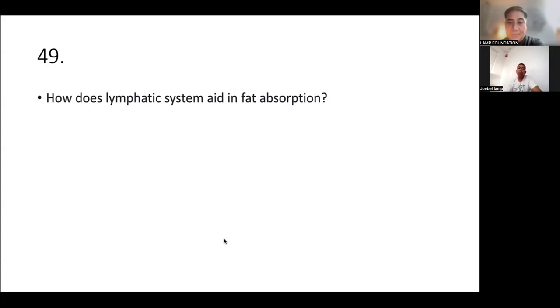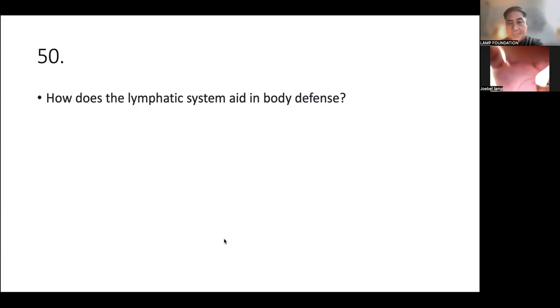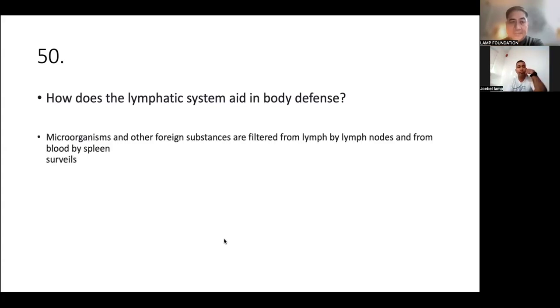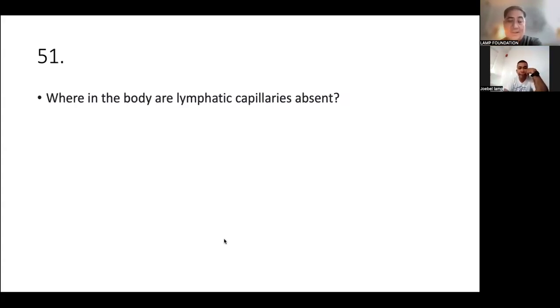The absorption of fat and other substances from digestive tract in lacteals, creamy lymph is called chyle. How does the lymphatic system aid in body defense? The microorganisms and other foreign substances are filtered from lymph by lymph nodes and from blood by spleen. So it's a surveillance